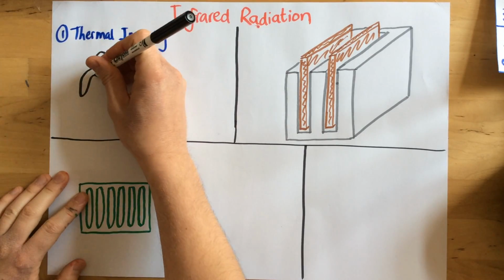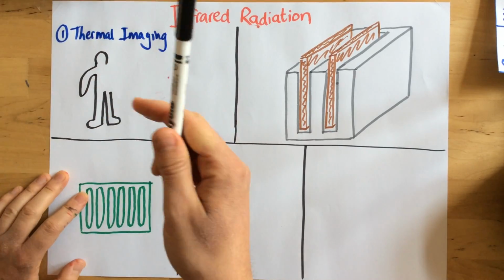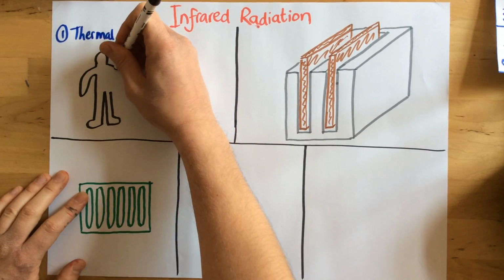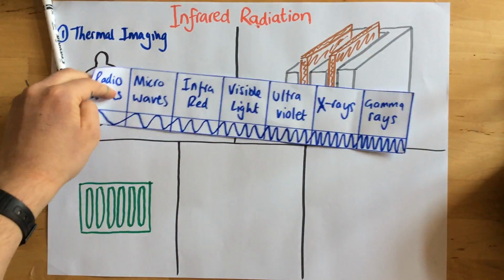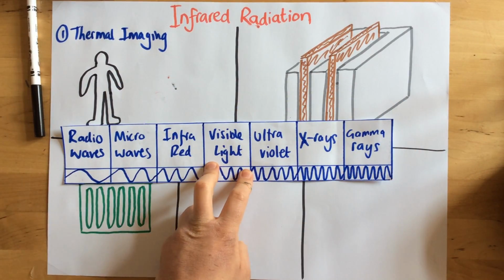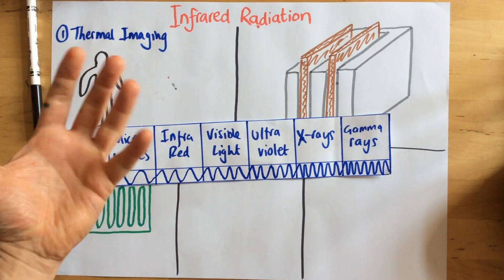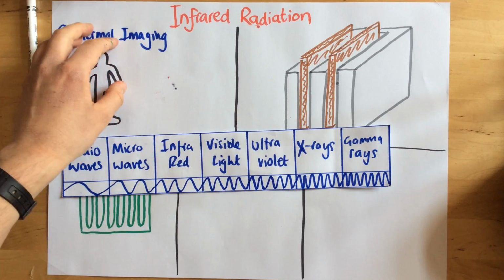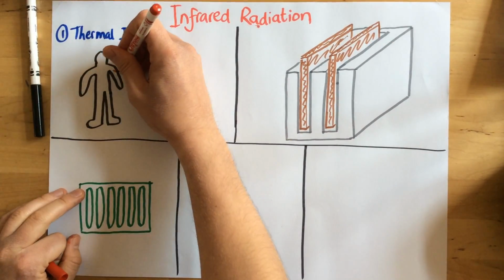Because infrared radiation is given out by every hot object. The hotter the object, the more infrared radiation it gives out. So even though we can't see it, because the only part of the electromagnetic spectrum we can see is the visible light spectrum, if anything is a hot object, it's giving out this radiation. Now, obviously our eyes can't detect it,